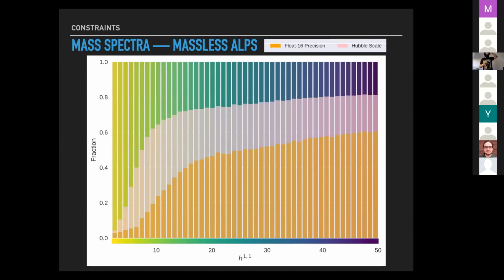is actually quite significant. Here, the two different patches are float 16 precision in orange, that is float 128 for those who are into bits over this, and the pink region is the fraction below the Hubble scale, i.e. those that would be rendered essentially physically massless. Okay, so that's all well and good for the massless sector, but it's the massive ALPs that we care about.